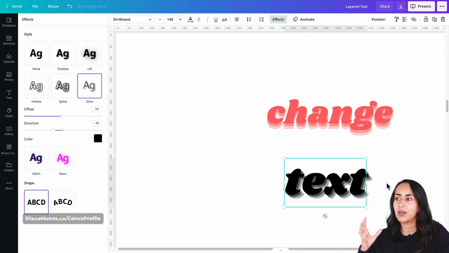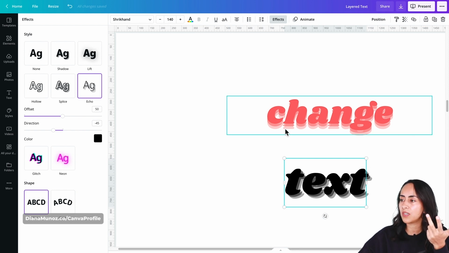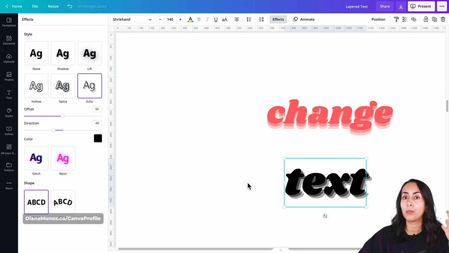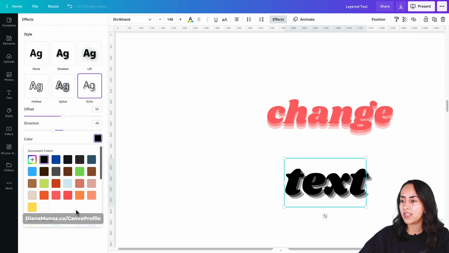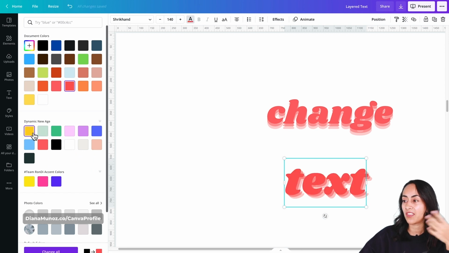The only thing about this effect is that you only have 3 layers. So you see we have 1, 2, 3 layers. You cannot add more layers, and all the layers are going to have the same color. So the layers behind the main text are one color, and then the text on top you can change to another one.